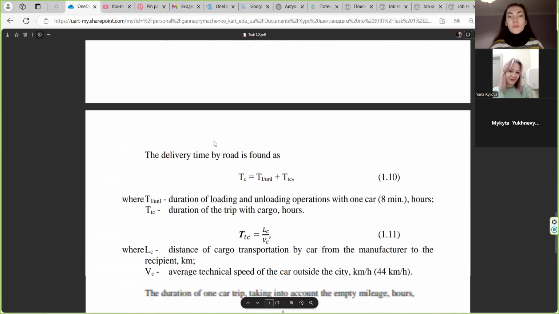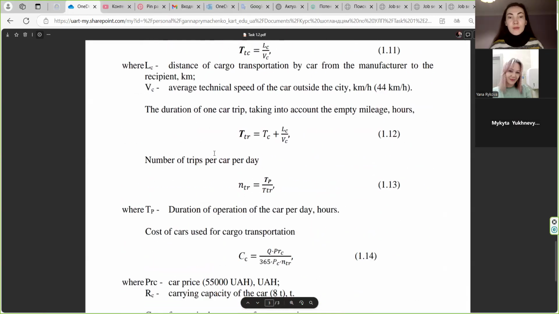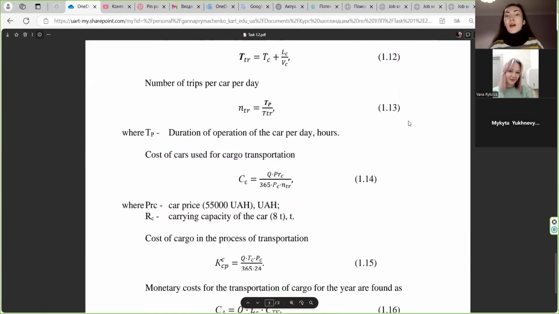about how many trips we need. Yes, number of trips per car per day. It is formula 1.13. We calculated it and found how many trips we need in one day. In some variants, it could be one trip. In different variants, it could be two or three trips per day and other information. So we calculated it, and the next formula